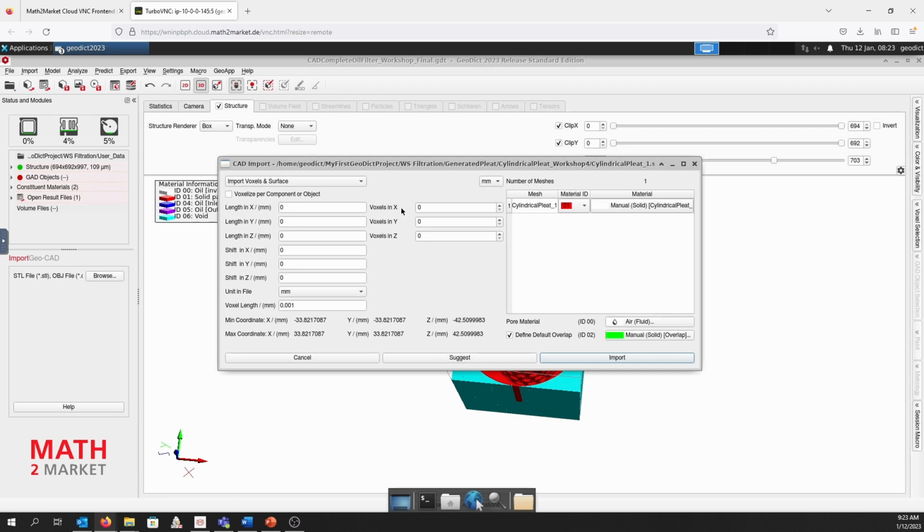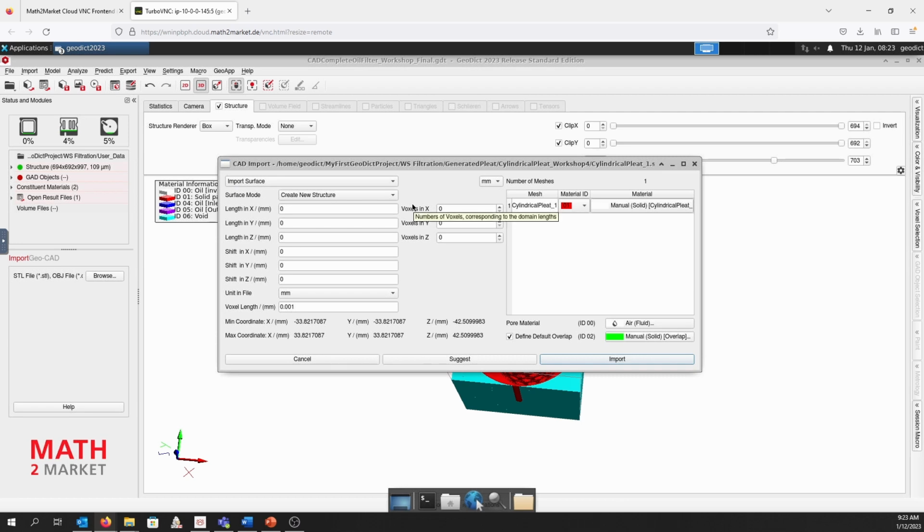Now in the beginning we want to import only a surface, because STL files are surface files, and then we have the optional mode for the surface. Here we don't want to create a new structure, we want to keep the existing structure and have a mesh.